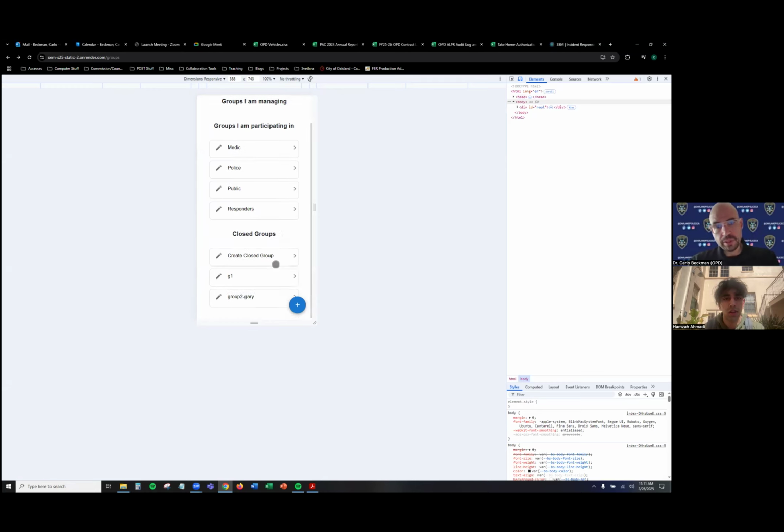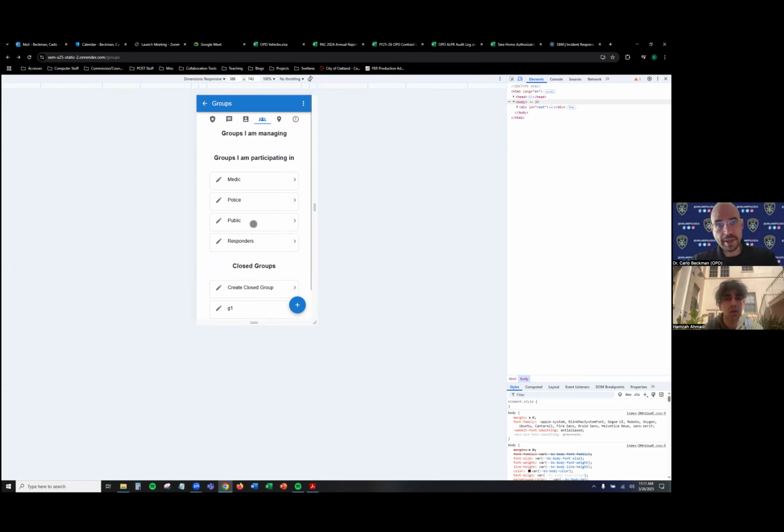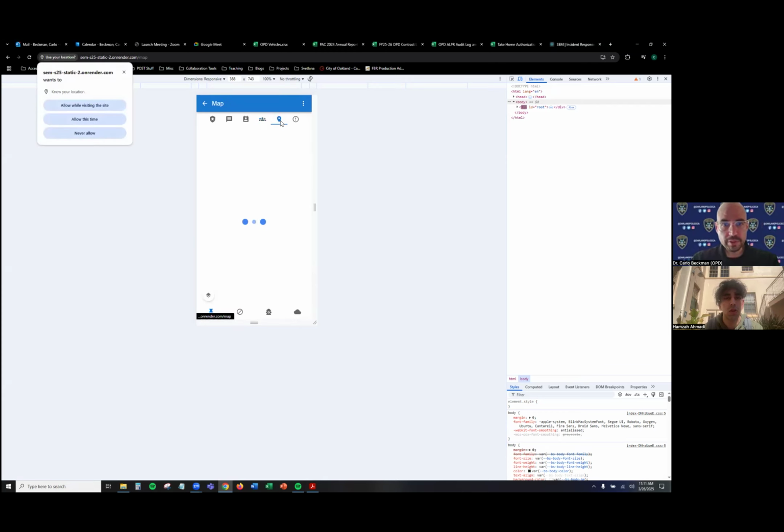Yeah, I'm trying to think. I'm not a good UI guy, but there should be a better understanding as to, you know, okay, so this came from the medic or this came from police, just something to pull it back. Maybe what you do is you just say closed groups and you have medic, police, public responders, and then the ones that belong under each category are there. That'll probably be the simplest thing. Okay. Yeah, that makes sense.